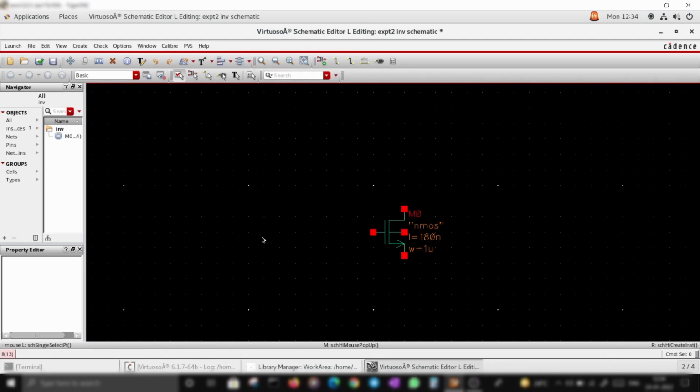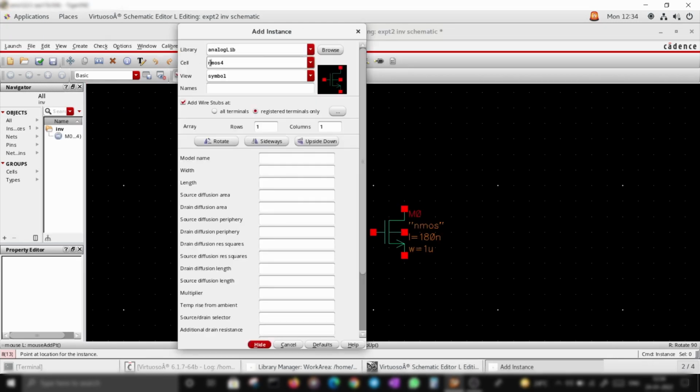Fine. And now I need a PMOS, 4 terminal PMOS device. Model is PMOS because the model name is PMOS, and I will go for some 2 mu width. Again go for 180 nanometer minimum length.